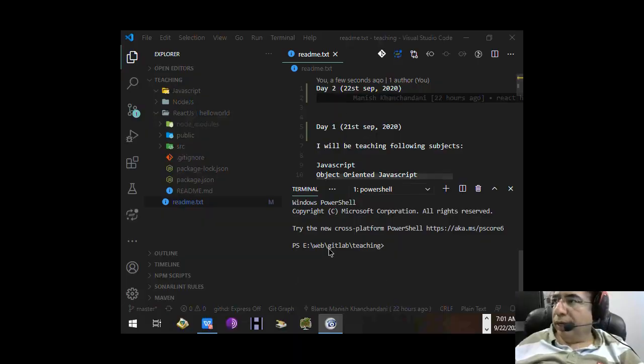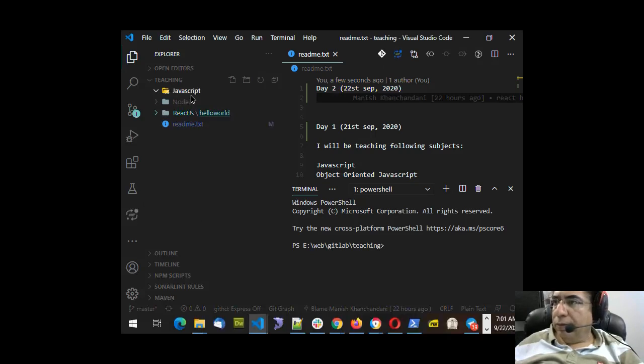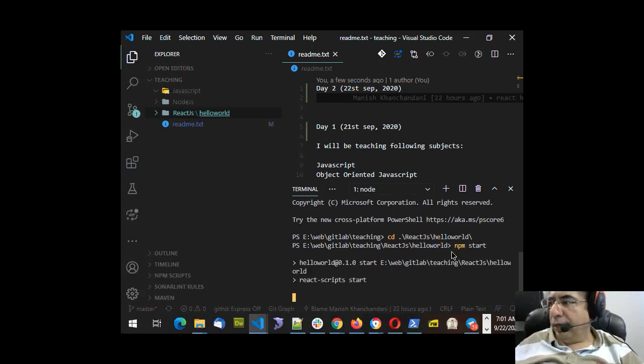Okay, if you see my screen, I have the folder JavaScript, Node.js, react.js, and the hello world inside. So I'll go inside the hello world. I'll go to cd react.js and then hello world. And if I do npm start, I'll see my website, which is installed by default through React, and then we'll try to modify it